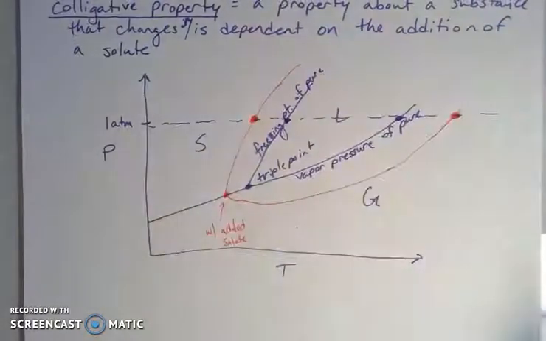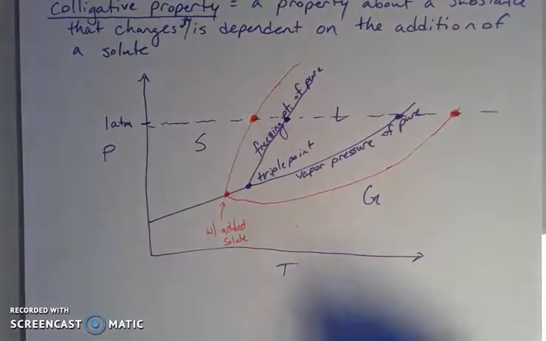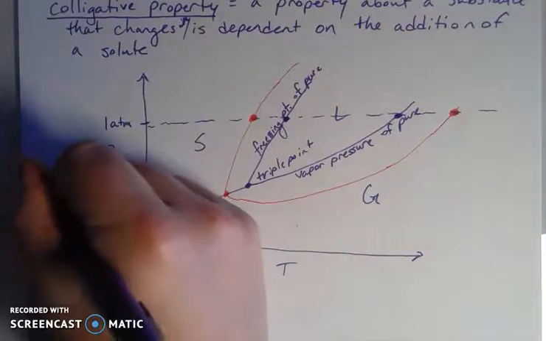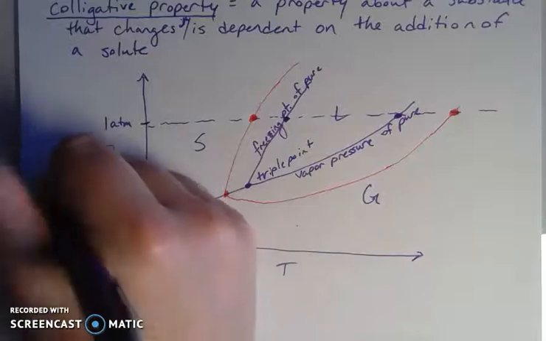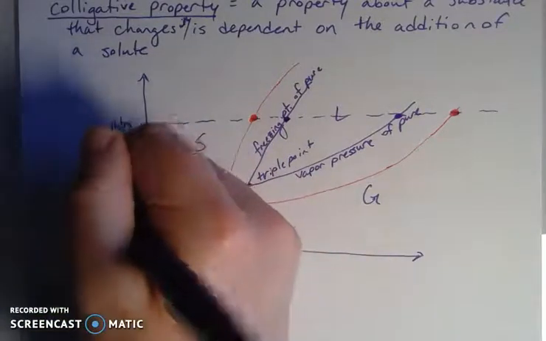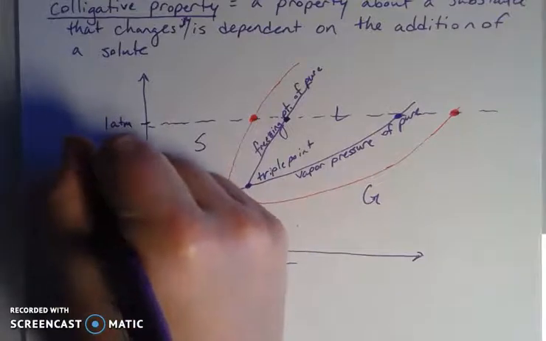All right, so my freezing point here is going down. This is called freezing point depression. And we usually will abbreviate that with delta T, so the change in T of my freezing point. So this is freezing point depression,